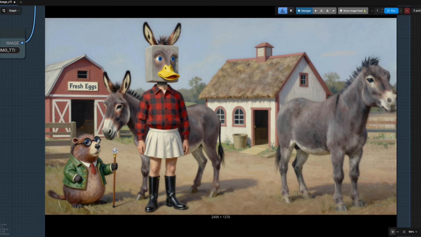With Z-Image, we've arguably got better image quality, but it hasn't got the cubist art style, nor has it got much of an oil painting style either. On top of that, the beaver is wearing glasses instead of a monocle, and the man has more of a sort of donkey face instead of the donkey being on his head. As for the earless donkey on the right, well, I'm certainly not giving this many points for being able to